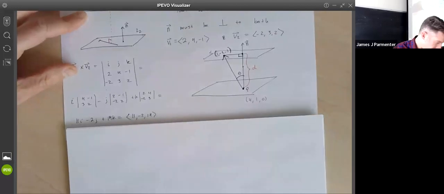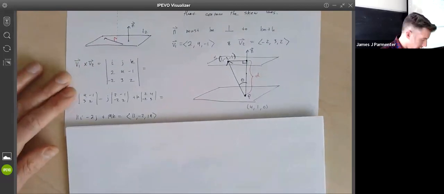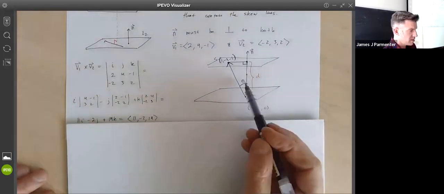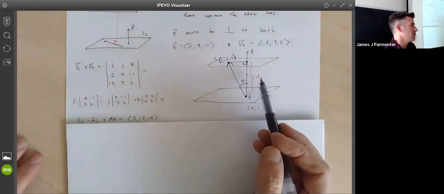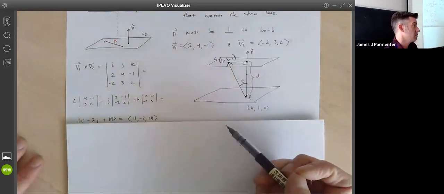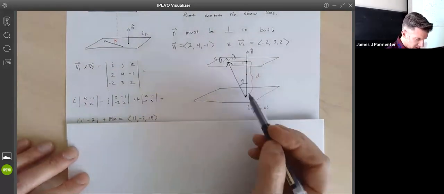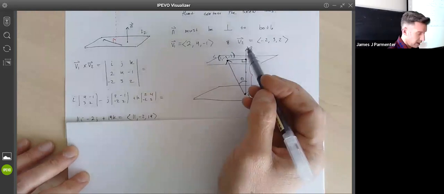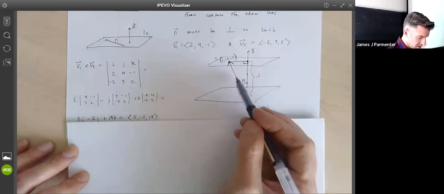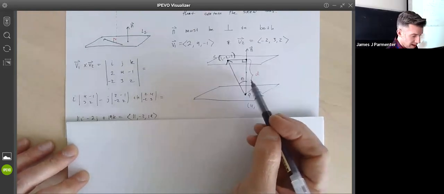Sorry, I'm trying not to run out of room, but it happens. So for that picture, we want to find this length. Do we want cosine or do we want sine? We definitely want cosine. Why am I using this angle and not that angle? Because I have these two vectors. I don't have this vector. So I definitely want to use this angle between the two vectors I have, and I want to use cosine